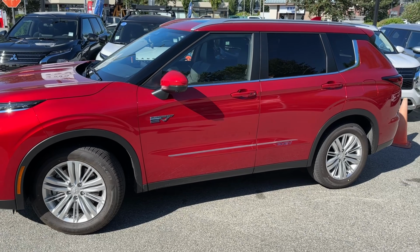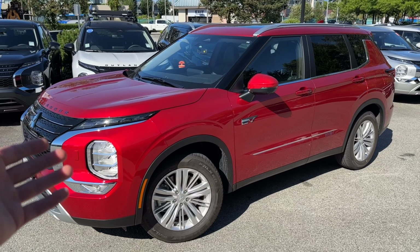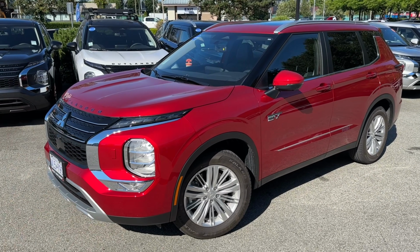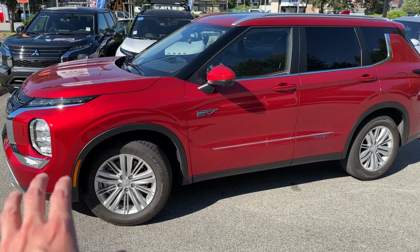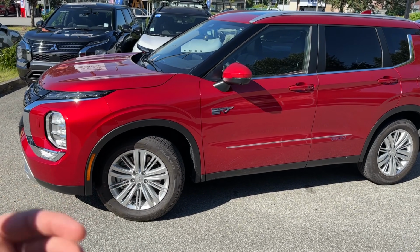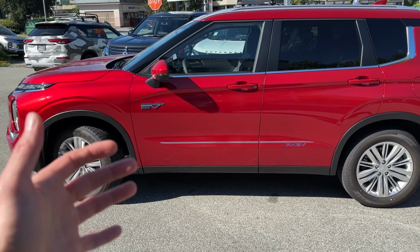Now, we already covered the 20 kilowatt hour battery with a rated 62 kilometer range, but reality is going to give you more, I think, depending, of course, on how you drive. The mobile app is a fantastic thing. And now the other thing that I really like is Super All-Wheel Control. So all of the PHEVs here in Canada have Super All-Wheel Control, and all-wheel control for me personally always gives me this peace of mind that I have a really good car, I'm safe on the road, and